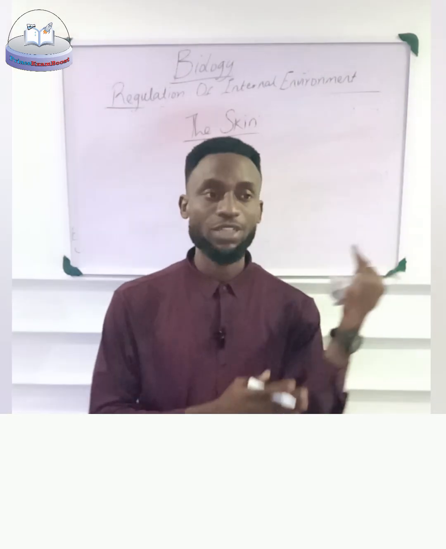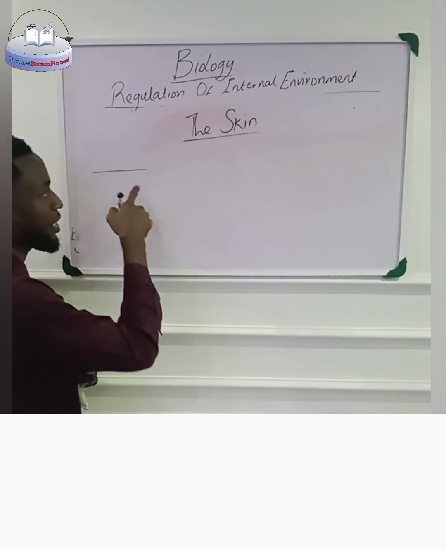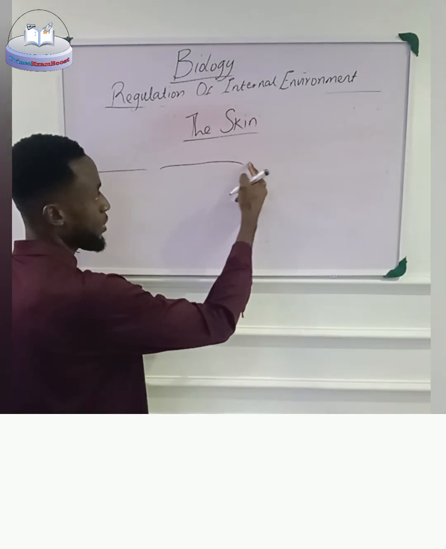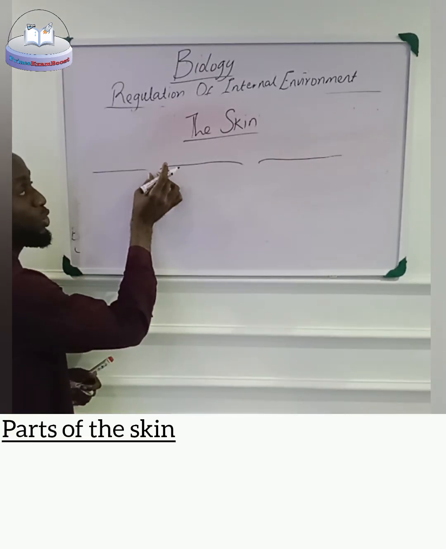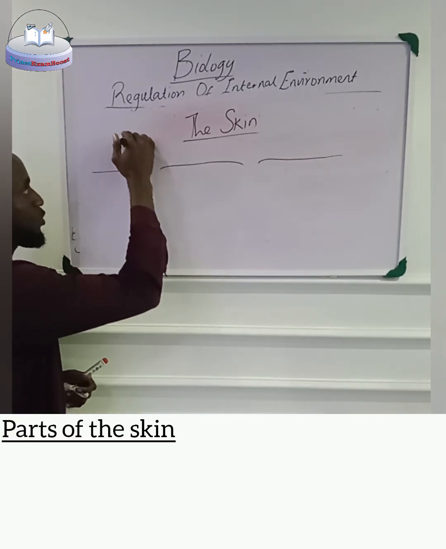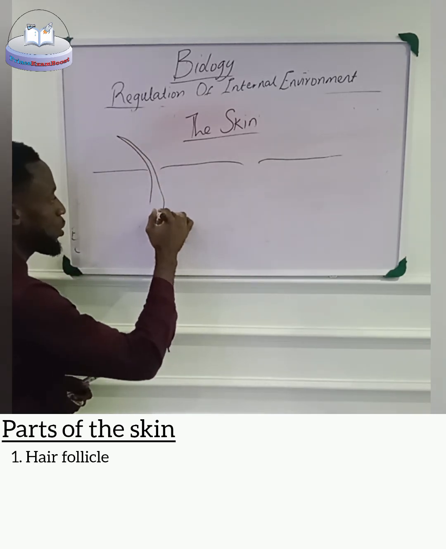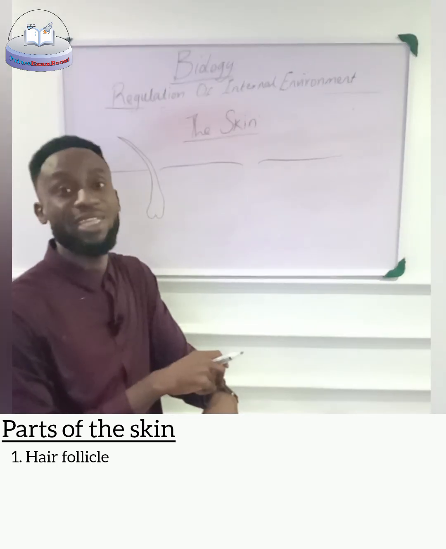And if we want to draw the transverse section of the skin, this is how easy it is. You draw a straight line, not completely straight, give some gaps, go again for the second, give some gap, and you end this way. Between in the first gap, we are going to bring the hair follicle through that. So the hair follicle is the space in our skin where the hair grows,